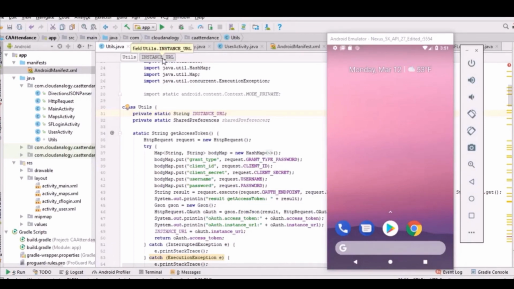Today I'm going to demo a project on Salesforce integration with Android that we did for one of our clients. Basically, in this application, we need to put username and password details. For that, we have accessed the Salesforce object in order to acquire username and password details. The client requirement was to create an Android page which was meant to be integrated with Salesforce.